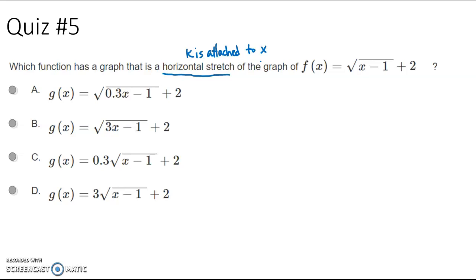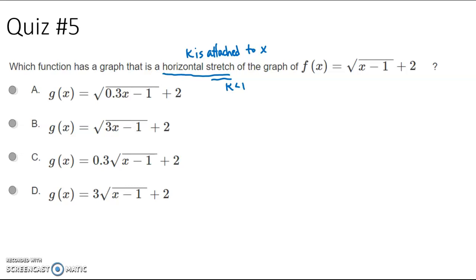It doesn't mean that the whole function will be multiplied by k. It means that the k will just be multiplied by the x. And then if it's a stretch in the horizontal direction, that means that k has to be small. So k will be less than 1 if I have a horizontal stretch, and k will be attached to the